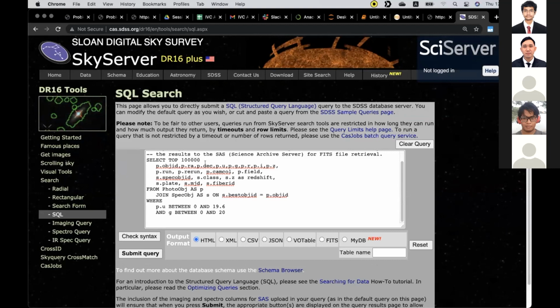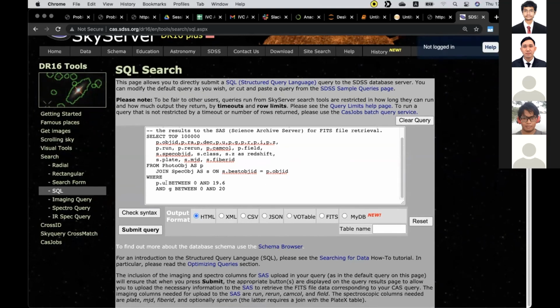Can I zoom in? Okay, we try to select the 100,000 objects in this database, and the columns should be ID, RA, DEC, and this shows the magnitude in the u, g, r, i, z bands, and these are specific details for the spectroscopic data. And we can specify the unit, the magnitude. For example, if we need the magnitude u between 0 and 19.6, we can assign like this, g between 0 and 20. And then from the output format, I suggest to use the FITS file because it's quite general to use, and throughout this session in the morning and in the afternoon, we work with the FITS file. So you click the FITS file and submit the query here,